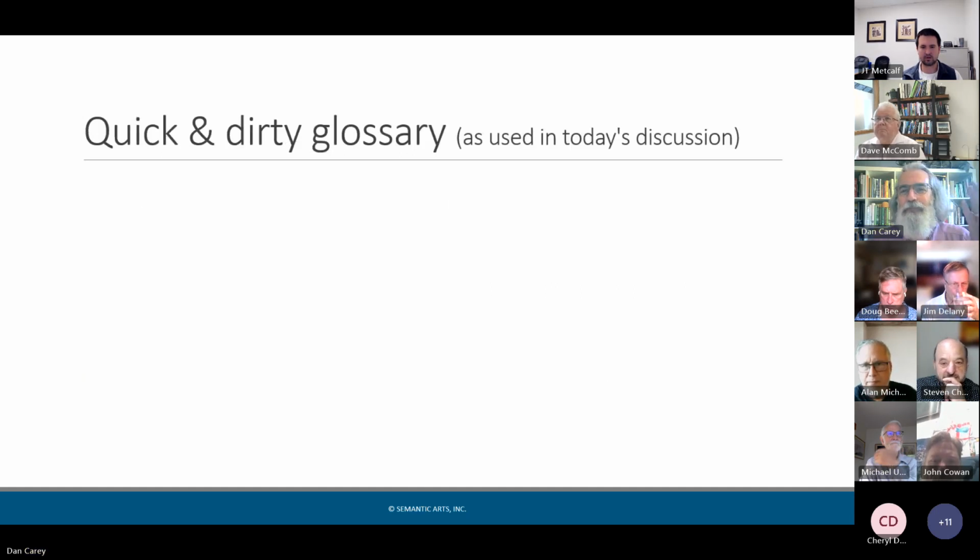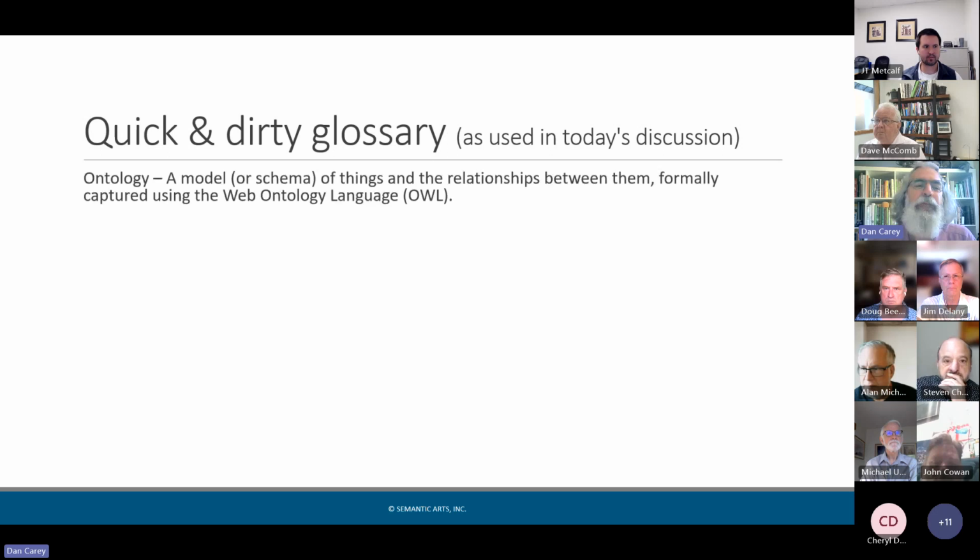And at EDW, I'm going to throw up this quick and dirty glossary. Most of this is familiar, I think, to everyone on the call today, by virtue of the fact that you come to these things. But for a lot of the participants, they might not understand the terms or not understand them in the way that I'm going to be using them. So, the ontology is a model or a schema of the things and the relationships between them that are pertinent to your particular area of